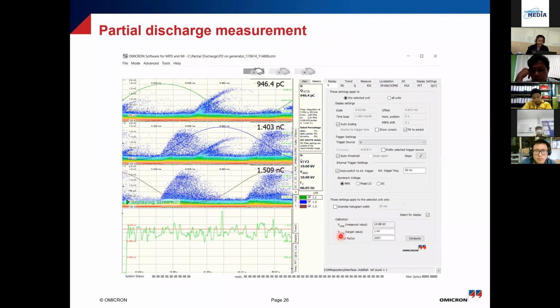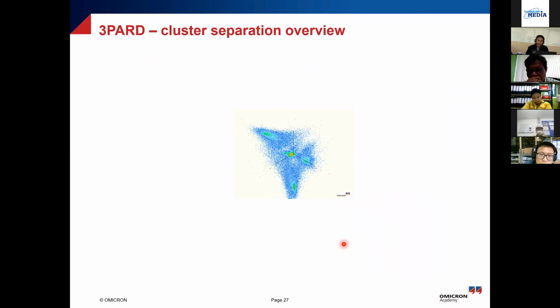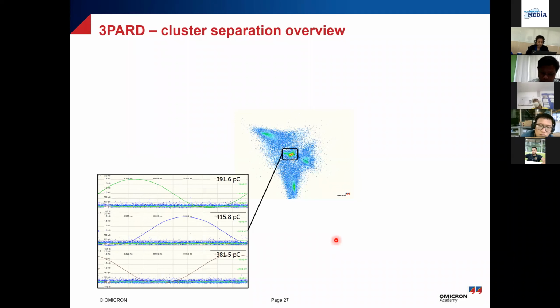I mean, if someone shares this, yes, I've got something like 1.5 nanocoulomb and 1.4 nanocoulomb, but I don't know what this is. So now, this is not a new characteristic. There are features like automatic cluster separation now in the picture. So you have these different clusters, and what we normally do is take measurements from the 3 phases and then plot them on the 3-phase diagram and try to find the vector summation of that particular type of PD signal. So here you can see this cluster corresponds to this, and there is, I mean, AI